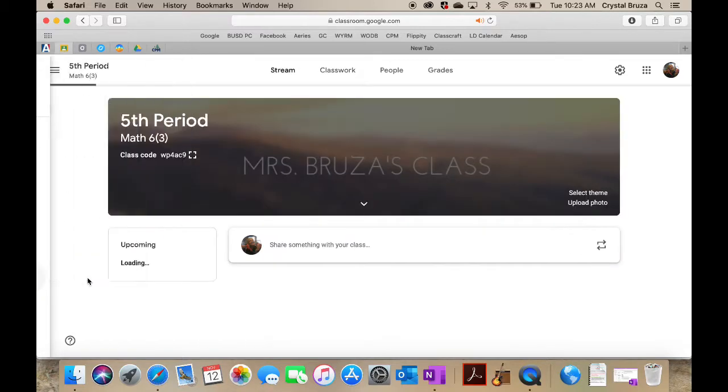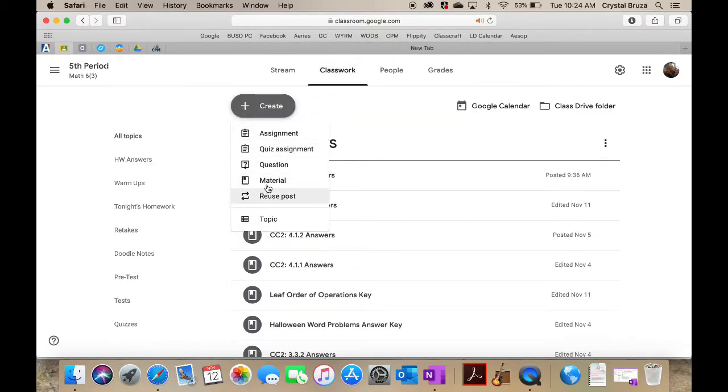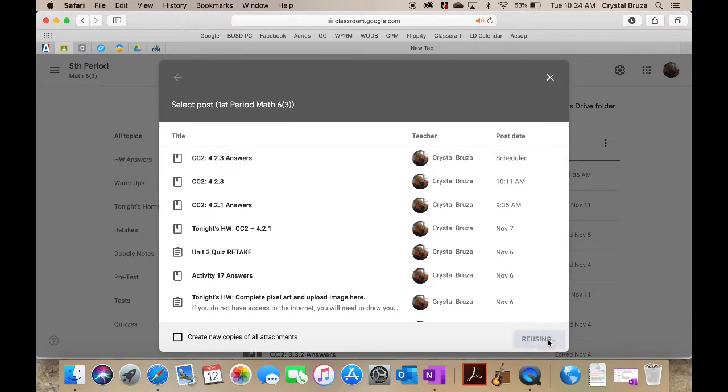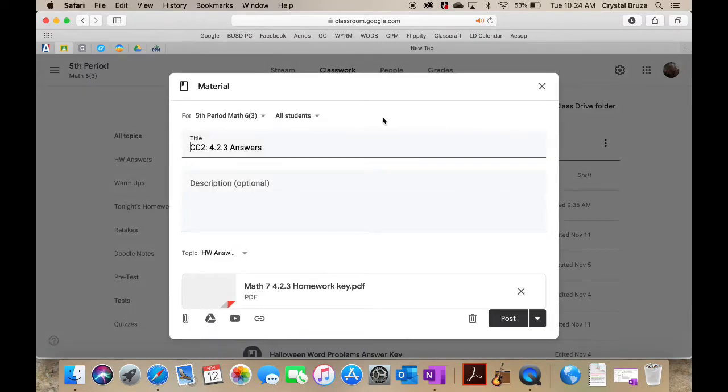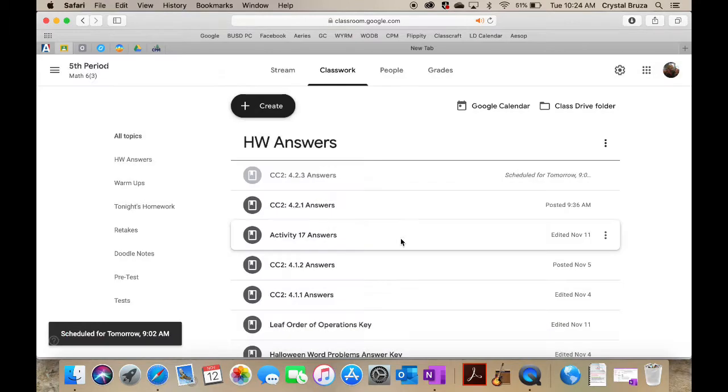Now I can go to my other class that is the same, Math 6-3 section, second section, and click create and reuse that same post that I just did. But the trick here is we have a rotating schedule. So I have to actually look at my schedule for that day and say, okay, so fifth period tomorrow is going to be at 9:02. So I'm going to schedule this for, oh, and it already has the correct schedule for me here. So sometimes I have to change it. Sometimes if I scheduled something at that time before, it'll still be there. So I'm going to go ahead and schedule this homework answer key to come to them at 9:02